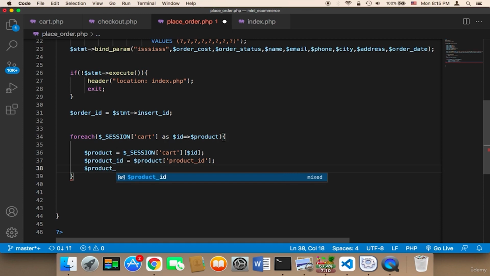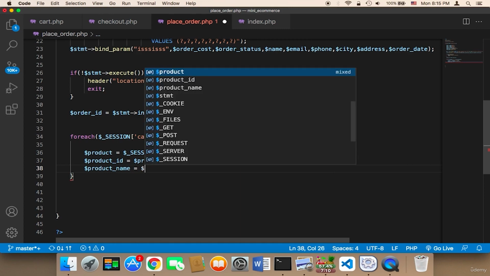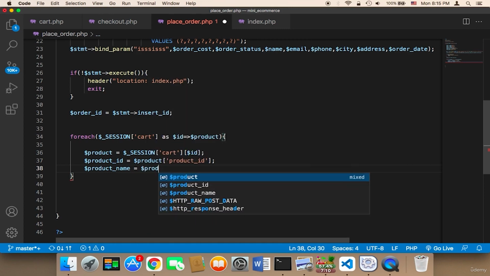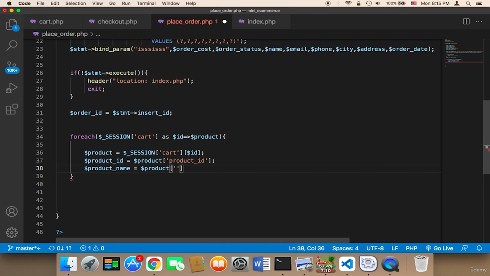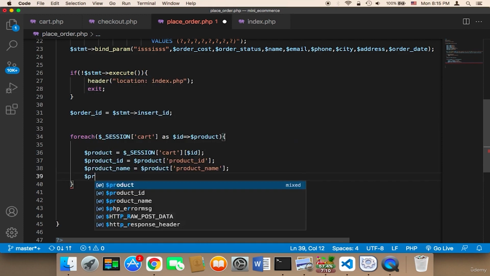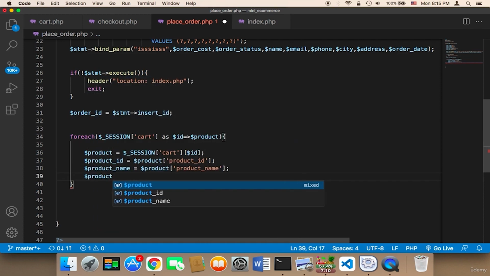So each product has a product name and product image, all of these things. I'm going to say here product name, and then product image,